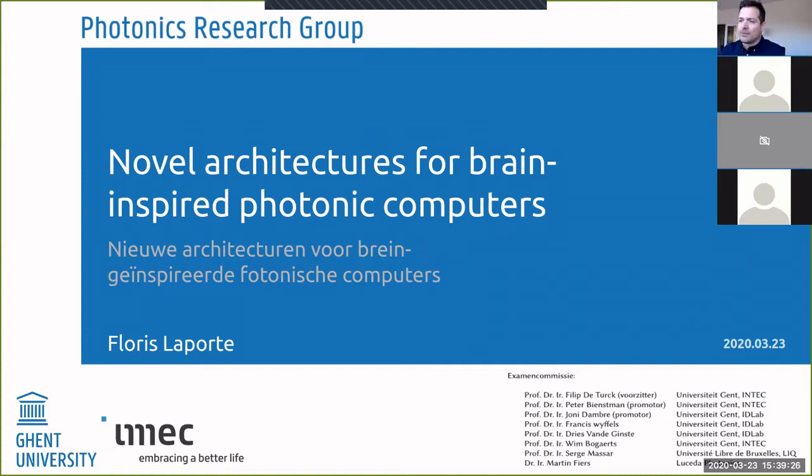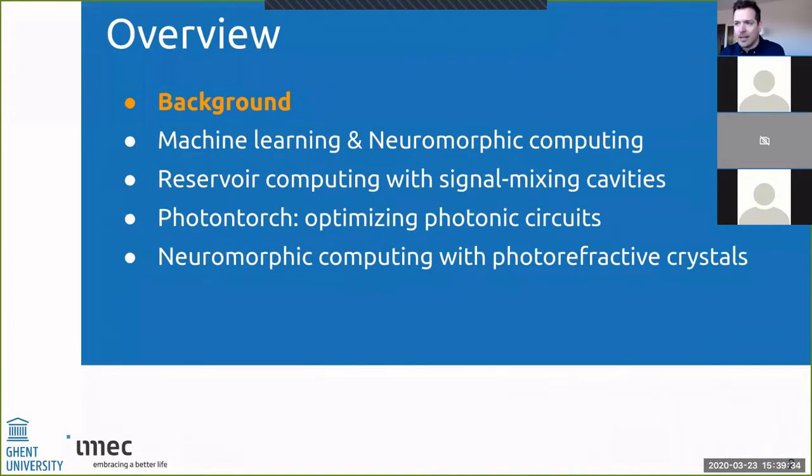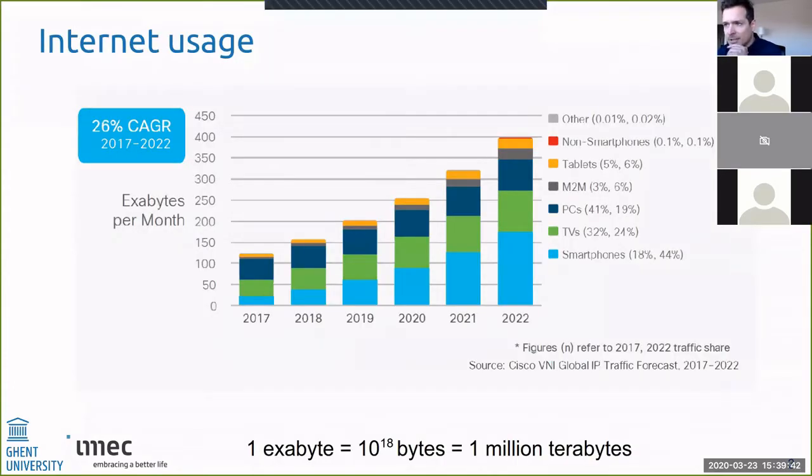So today I will talk about my work titled Novel Architectures for Brain-Inspired Photonic Computers. I'll start by giving some background, and after that I'll go over the rest in this overview. So I'd like to start this presentation by telling you that today we're basically living in the age of